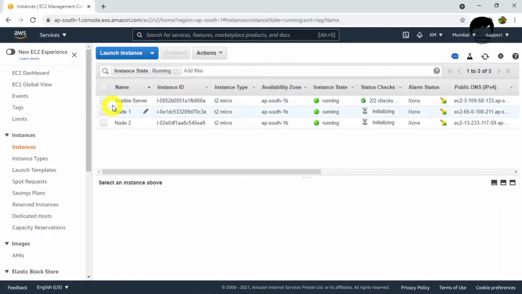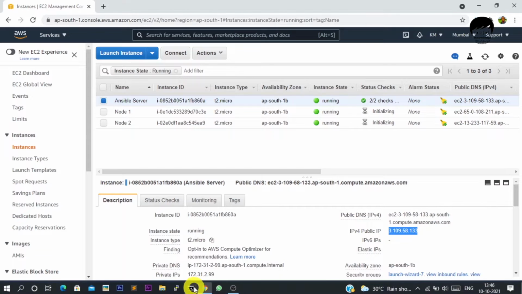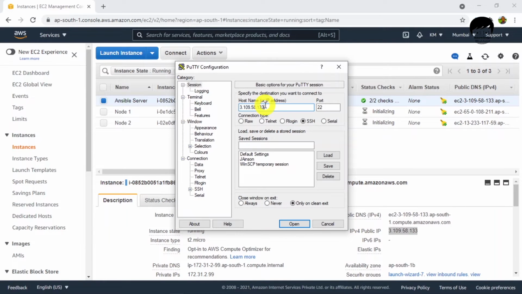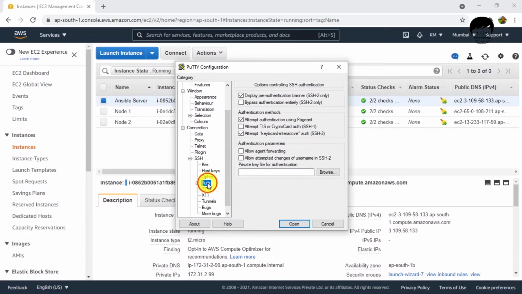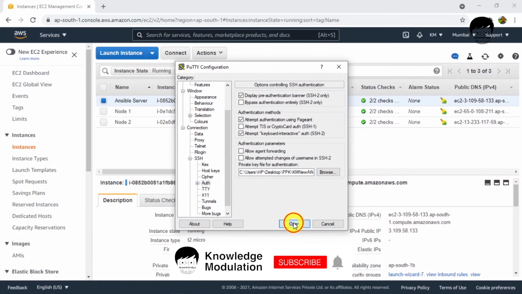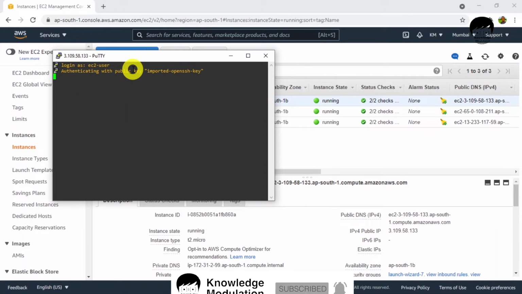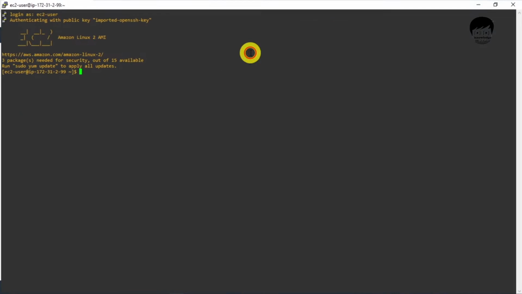As you can see, my Ansible server is up, so I need to connect to it by using PuTTY. I will copy its public IP, paste it here, and connect through SSH. I just need to pass the key. Okay, the user, and yes, I'm in.